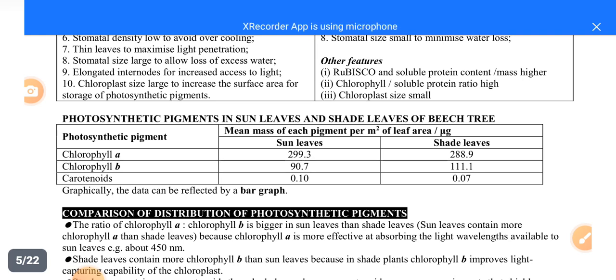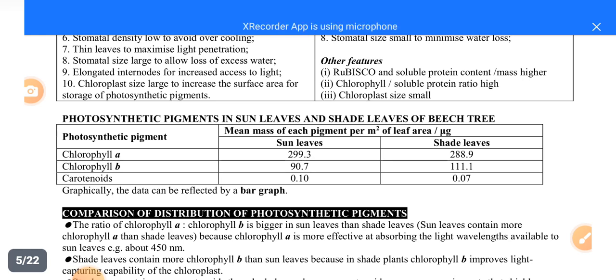So we are looking at the photosynthetic pigment, the amounts of each pigment per meter squared of leaf area. Then you have chlorophyll A. It is more in sun leaves and less in shade leaves, as you can see. Then when we look at chlorophyll B, it is abundant in shade leaves, as you can see from those numbers. Then we look at the carotenoids. Those carotenoids are more in sunny leaves, because these carotenoids prevent chlorophyll from being bleached by excessive